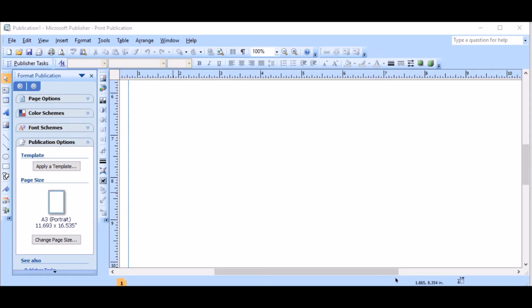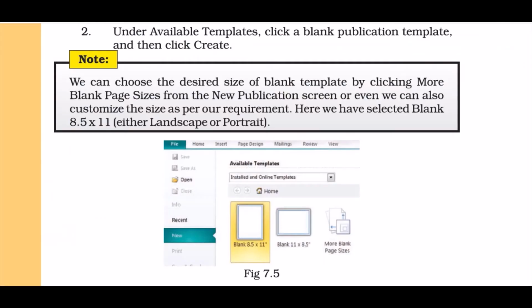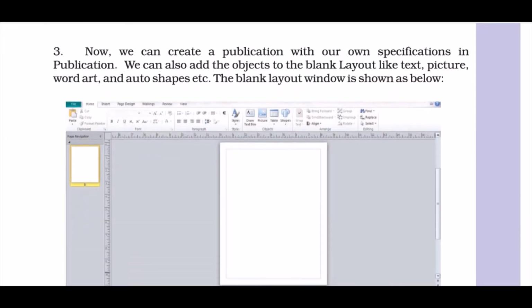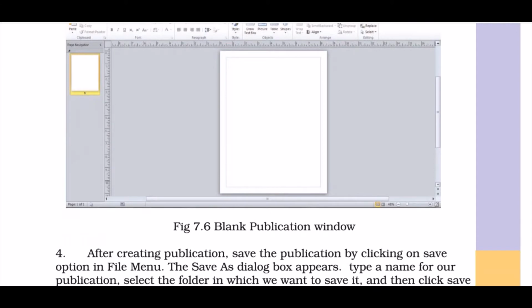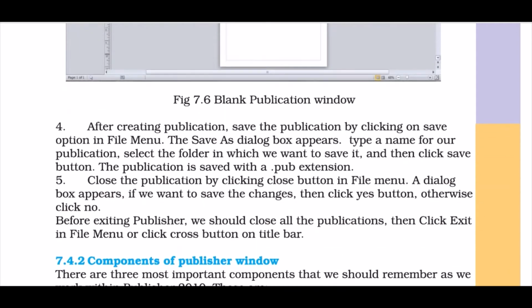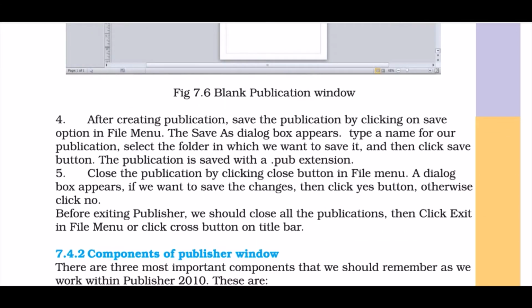But Microsoft Publisher is basically designed to create objects or graphics. This is the page layout that we get, the publication window. When we save the file, it is going to be saved with a .pub extension, a Publisher file.